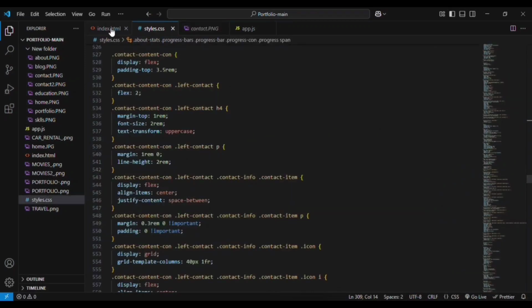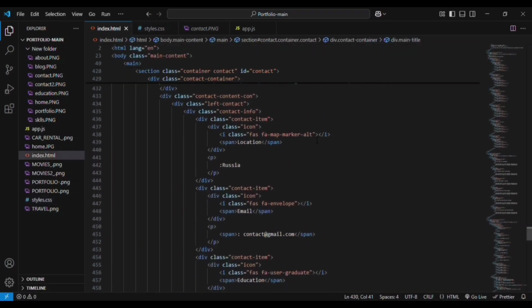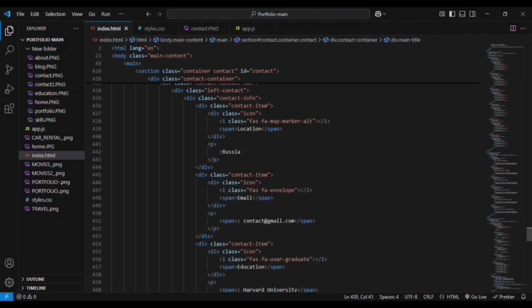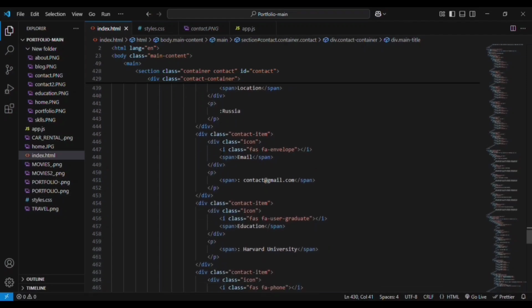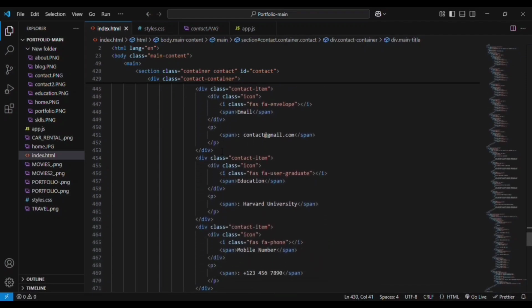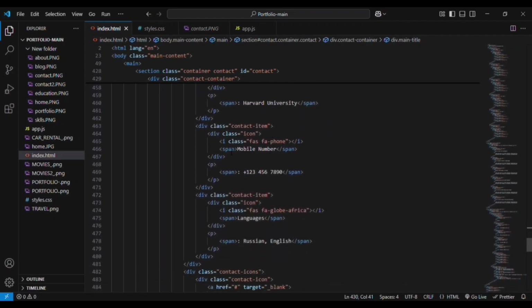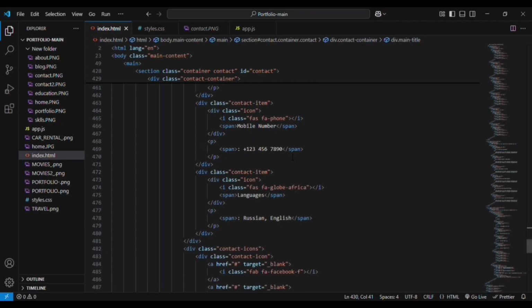And we have the main div, that is contact content, inside which we have the div left content, and inside which we have a div again, contact info, contact item, and inside each contact item we have a div for adding the icon, that is map icon, and we have span for location. Then we have a paragraph element and mention the location, that is Russia, and the same div is copied again. And the next one we are adding the email, then it is copied again, we added the education, then we copied again, and we added mobile number, then we have